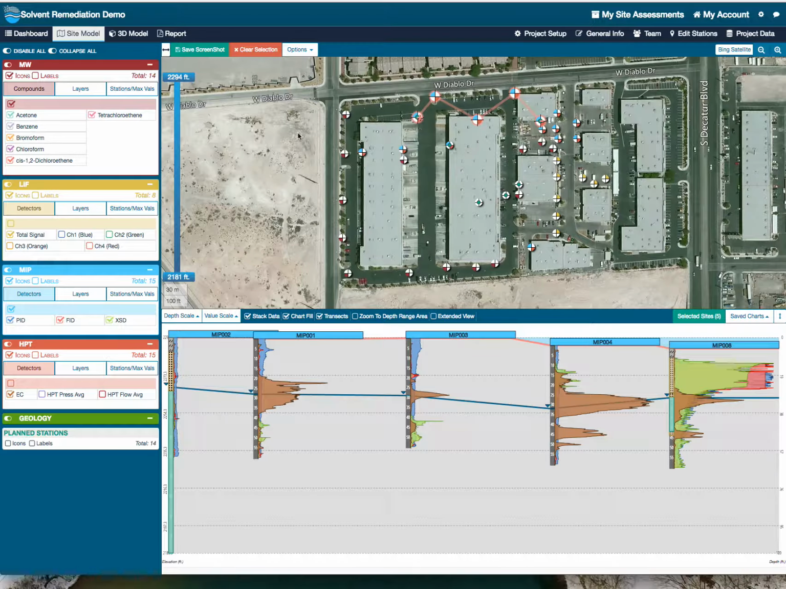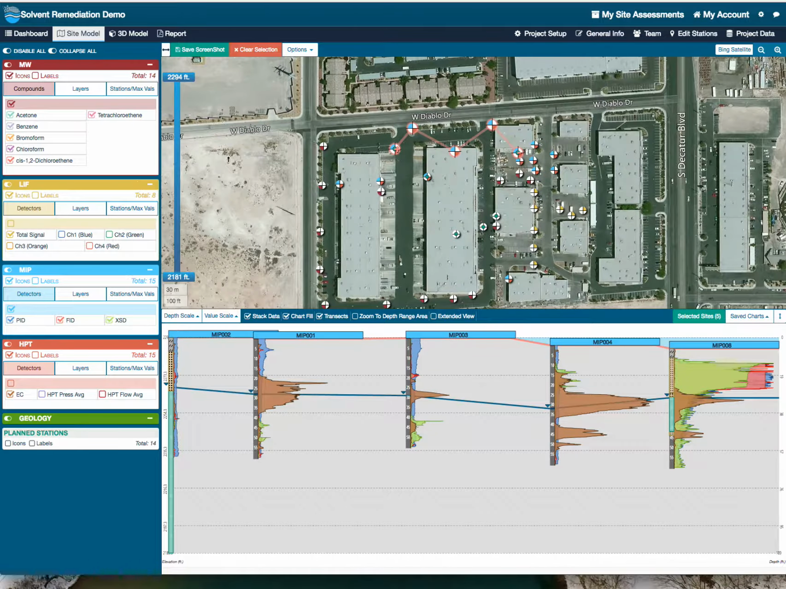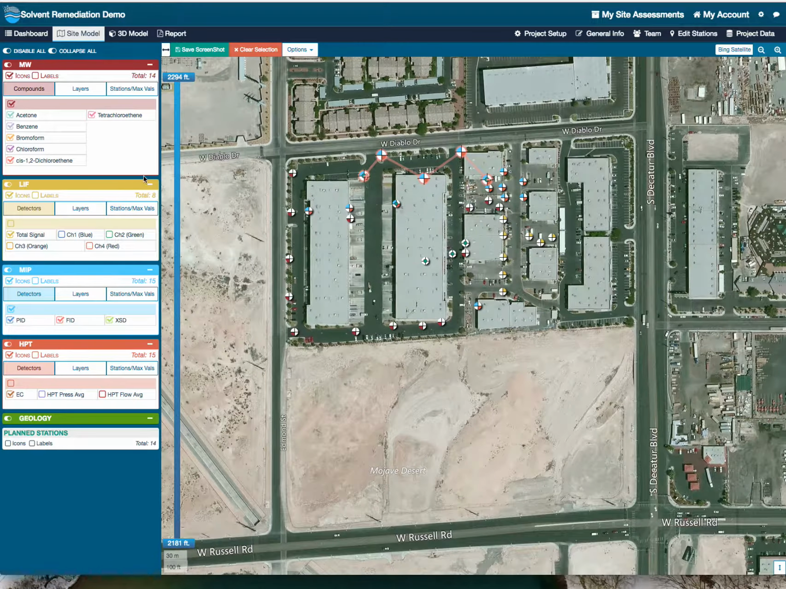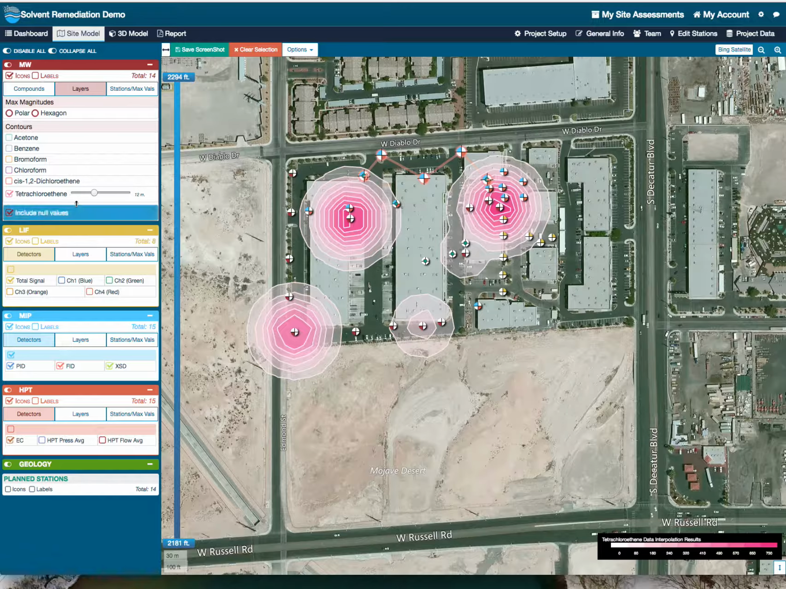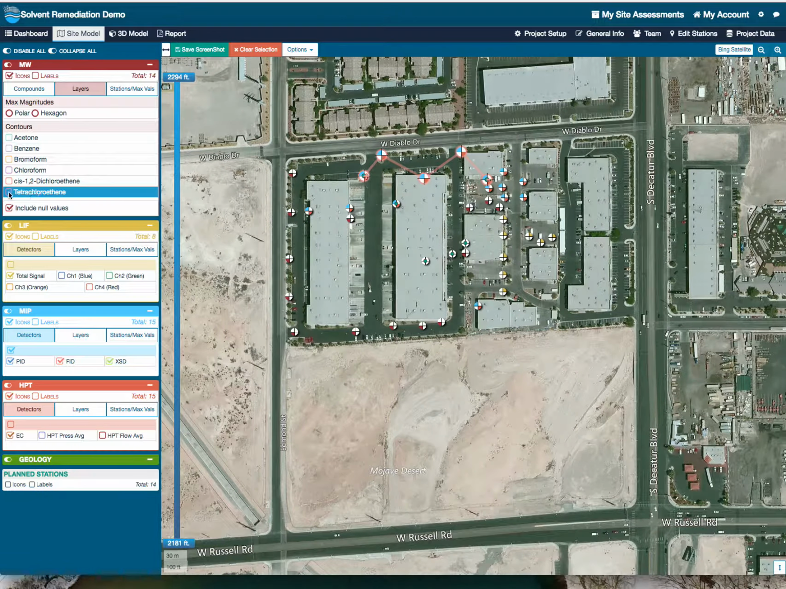The next thing to show you is our contouring. We've always had contours available in our direct sensing data, but now we can create those in our lab data as well. So for any of the lab analyses, here's a TCE for instance, we can turn on a plume there, and we can set the interpolation level